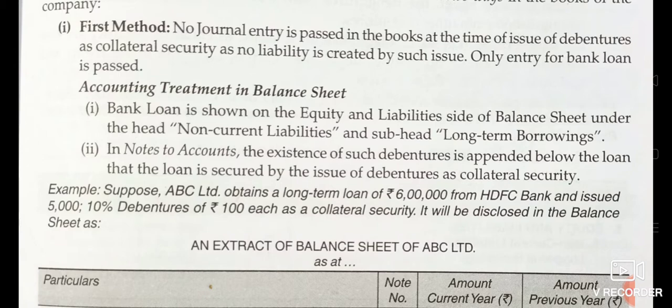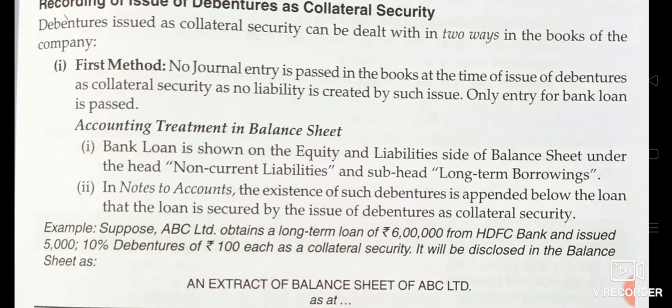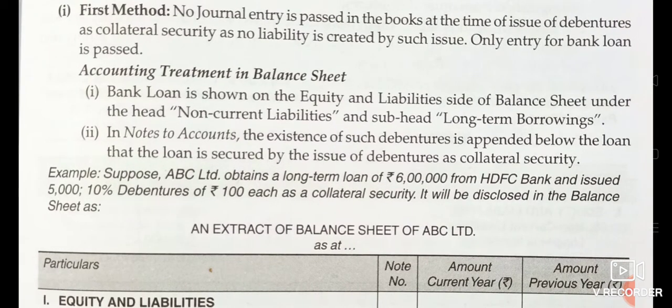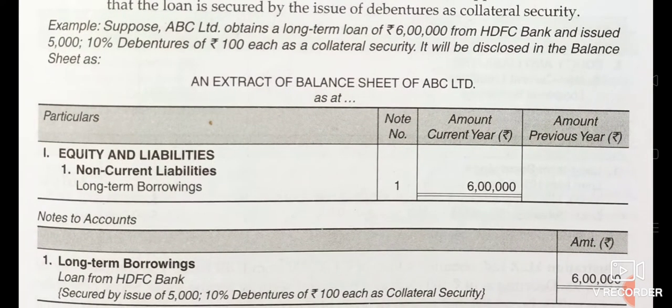Okay, so this is the first method. For the loan taken, the company passes the entry, that is bank account debit to bank loan account. Okay, see here one example is given. Suppose ABC Limited obtained a long-term loan of rupees 6 lakhs from HDFC Bank, and issued 5,000 10% debentures of rupees 100 each as a collateral security. Then it will be shown in the balance sheet as under